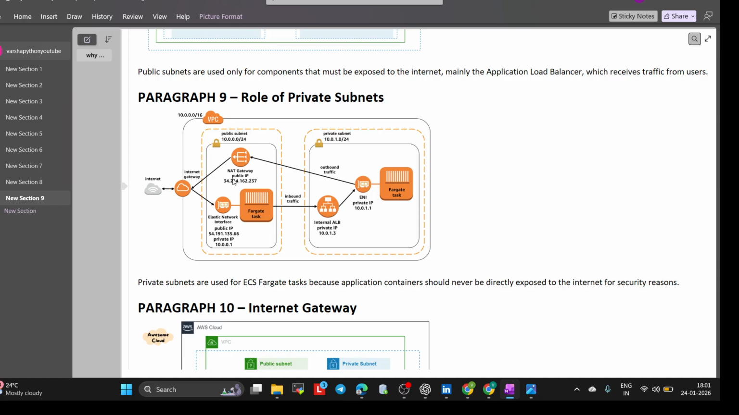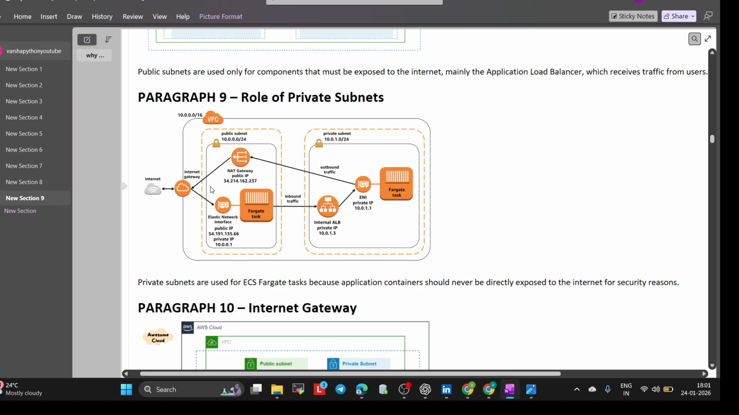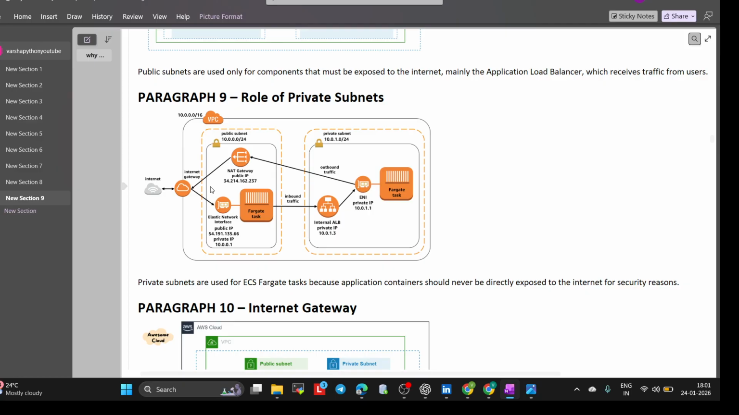So in ECS Fargate architecture, all ECS tasks are launched inside the private subnet. Why? To ensure that the application containers are completely isolated from direct internet access. Private subnets do not have a route to the internet gateway, which means no external user can directly connect to the resources inside them. Instead, all the traffic must pass through an application load balancer, and this design dramatically improves security, reducing the